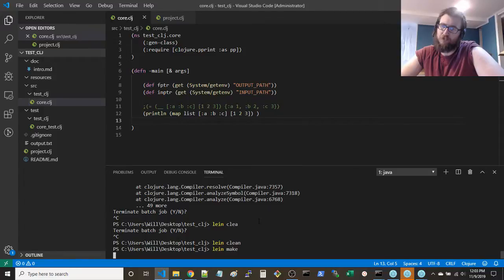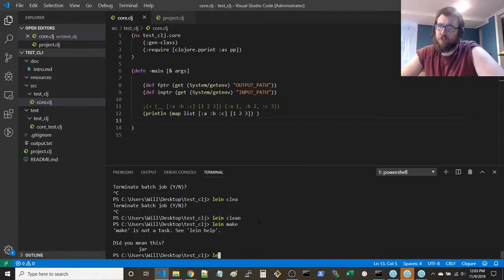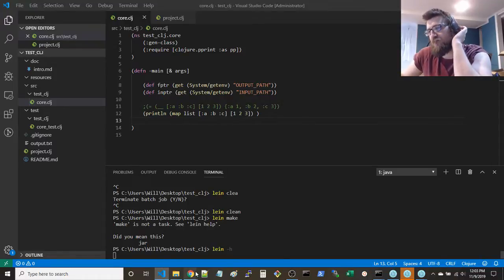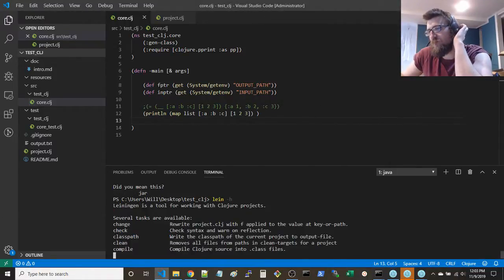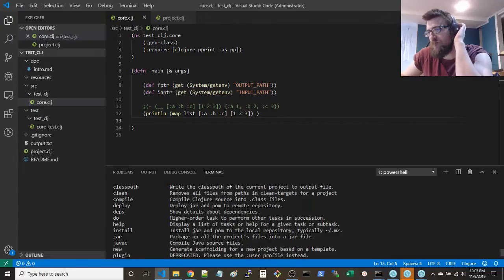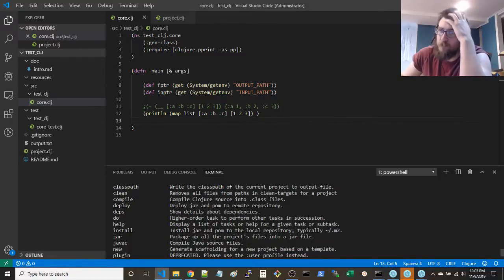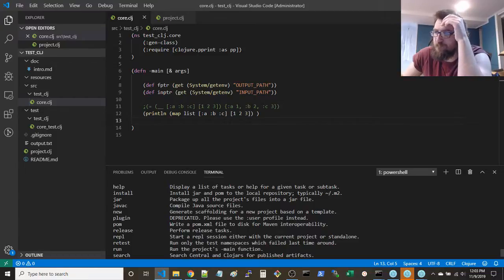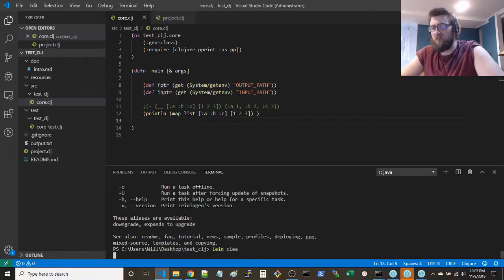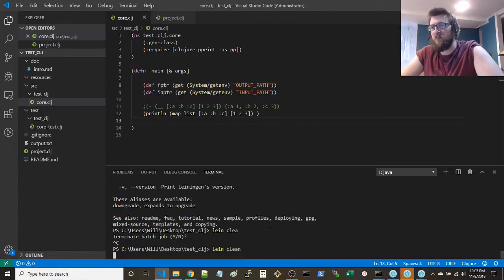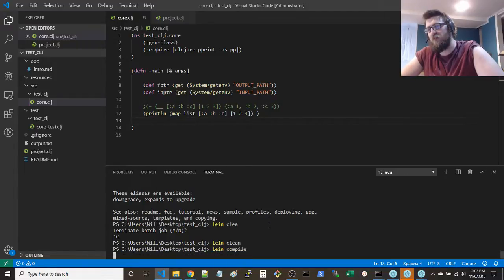I don't recall what the command is. Check. It's clean. Oh, compile. Yeah, probably line compile. That's what I want. Can't start the REPL. Line. Oops. Clean. And line compile. And then we probably want line REPL.